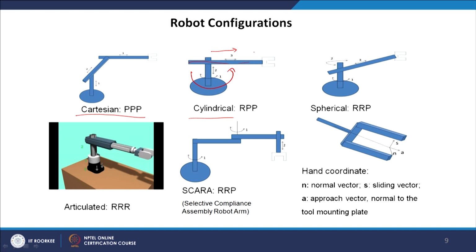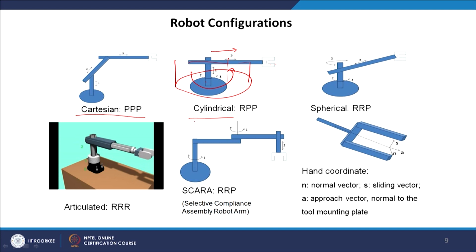Finally, it can be seen that the end effector can reach points within a cylindrical shape of a solid. The height of the cylinder will be from the base to the total height, and it can rotate 360 degrees like this, and it can move forward and backward. So, between 2 cylinders, whatever point is available, the end effector can reach that particular point.